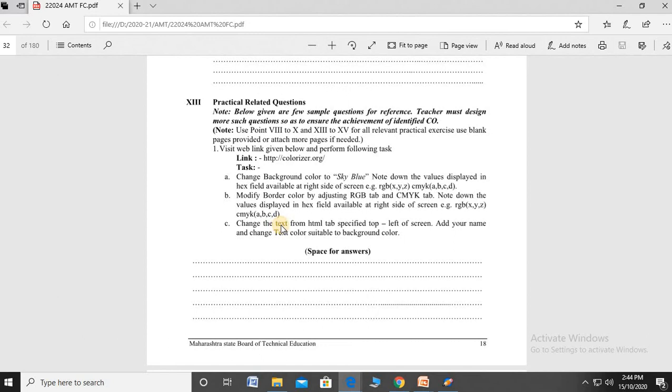In the third question, change the text from the HTML tab, specify the top left corner, add your name and change the text color suitable to your background color. Okay, clear? First of all, go to this link and perform these questions on that link.